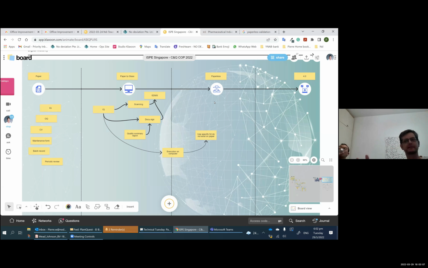And for me, this is what paperless and 4.0 should bring: that we're going to spend our time creating more value for our quality because we don't need to spend time taking a print screen, copying that image, putting it in a Word document, writing a report, PDFing it, calling a meeting, discussing with everybody, signing on it, scanning the signed paper and putting it in the document system.